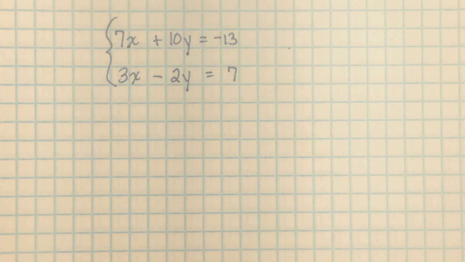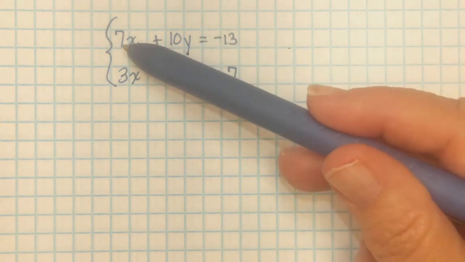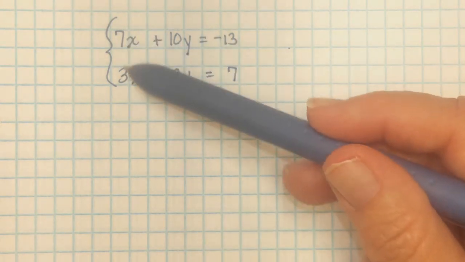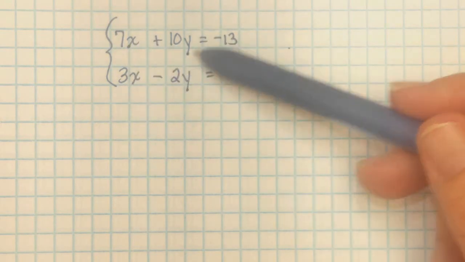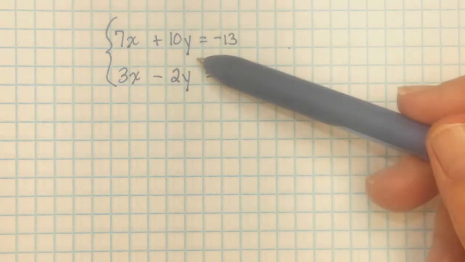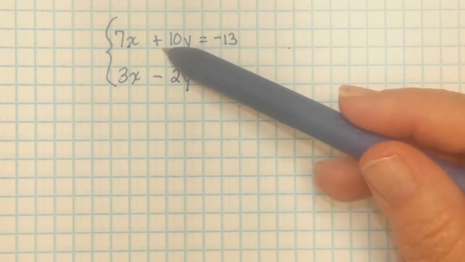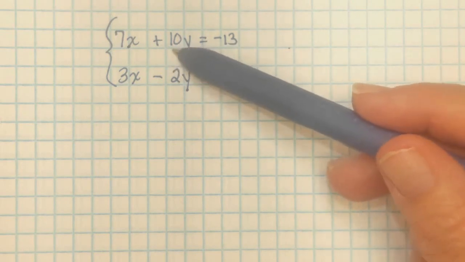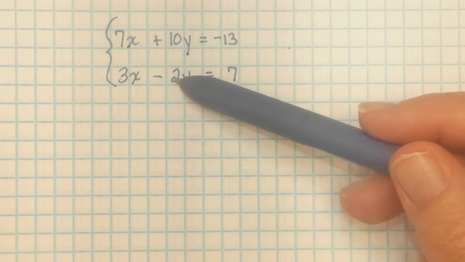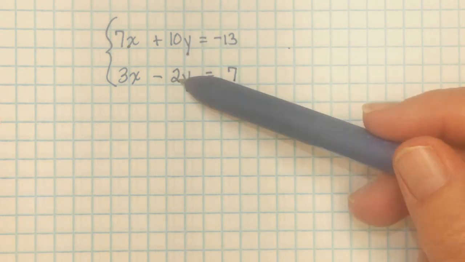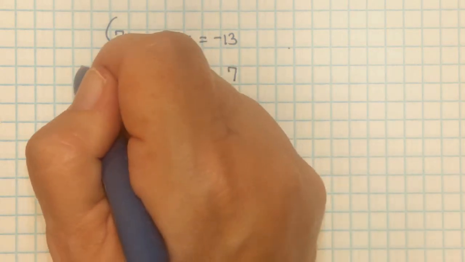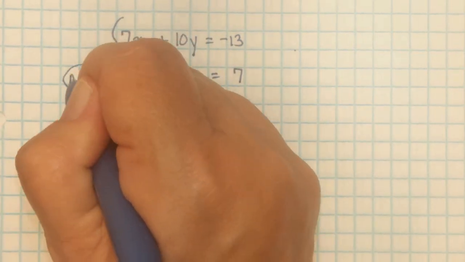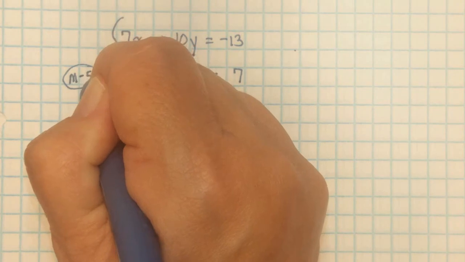So in linear combination, I am trying to get one of my pairs of coefficients to be opposites of each other, so that I can add these two equations together and I would get 0. So I see here that I have a plus 10, and here I have a negative 2, and 2 is a factor of 10. So if I were to take this second equation and multiply everything by negative 5,